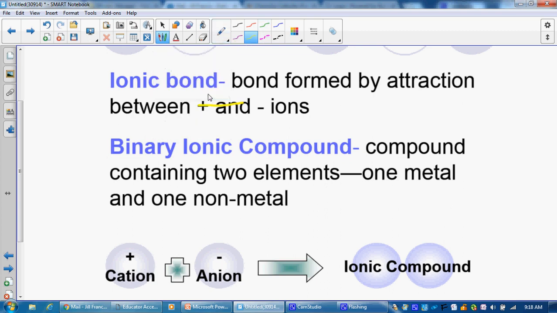That's what causes the bond, the positive and the negative ions. Binary means two. Bi means two, so that means we're going to have, again, one metal and one nonmetal. So we have that cation, again, that's positive. Remember, a t looks like a positive. So that's the cation, and then the anion is the negative. So that's what's going to give us that binary